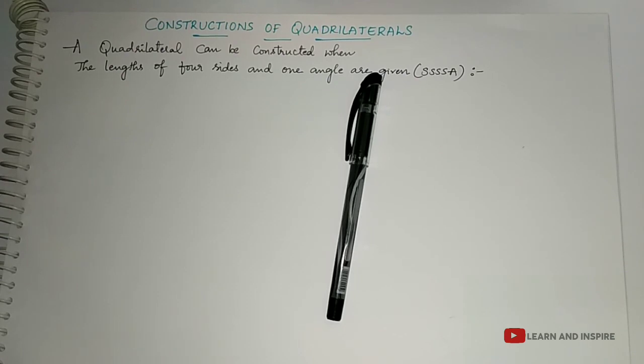So this video is about class 8 constructions of quadrilaterals, chapter 3. In the previous video we discussed the introduction to quadrilaterals, properties of quadrilaterals, and the measurements required to construct a quadrilateral. Now in this video we shall discuss how to construct a quadrilateral with the given 4 sides and 1 angle, that is S, S, S, S, A. So we solve the problems from exercise 3.1. Let's start with question number 1.